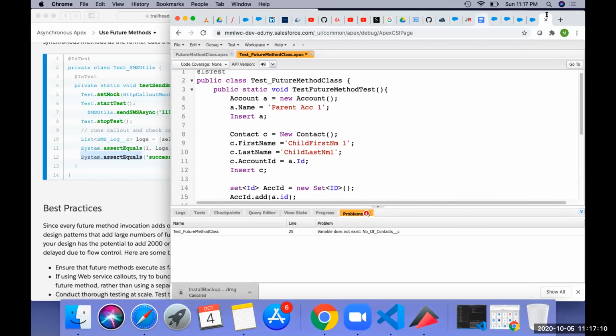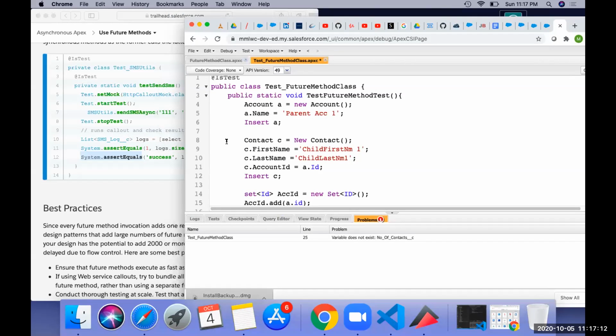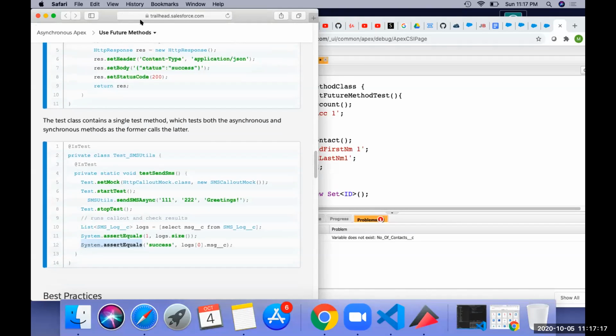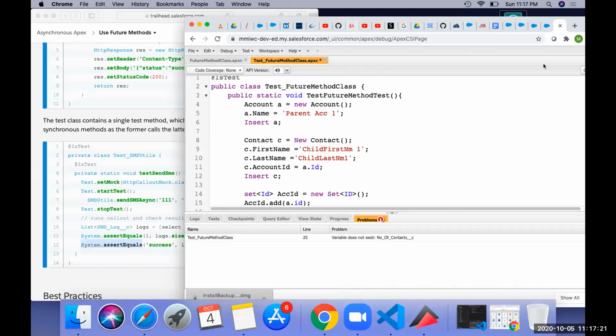Can you all see my screen? Yeah. I was just referring to the test class which is in the link that you shared. So for us, the scenario is